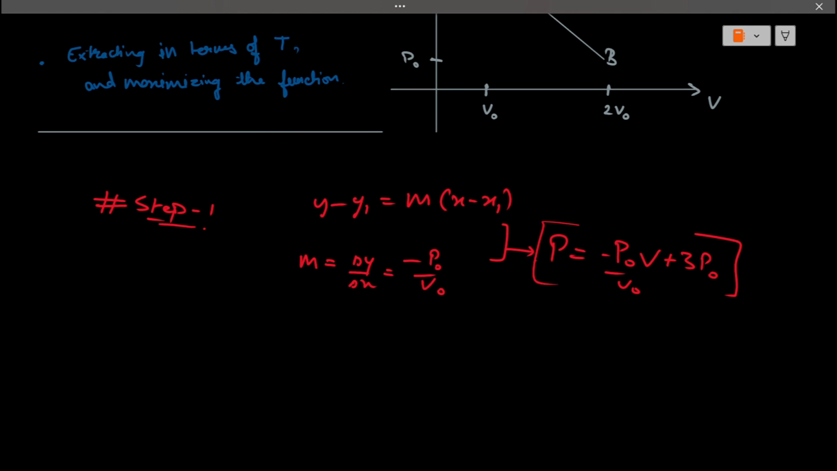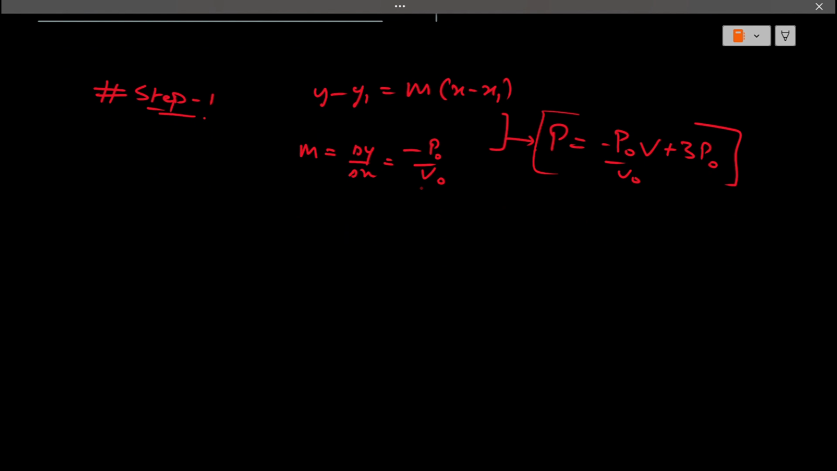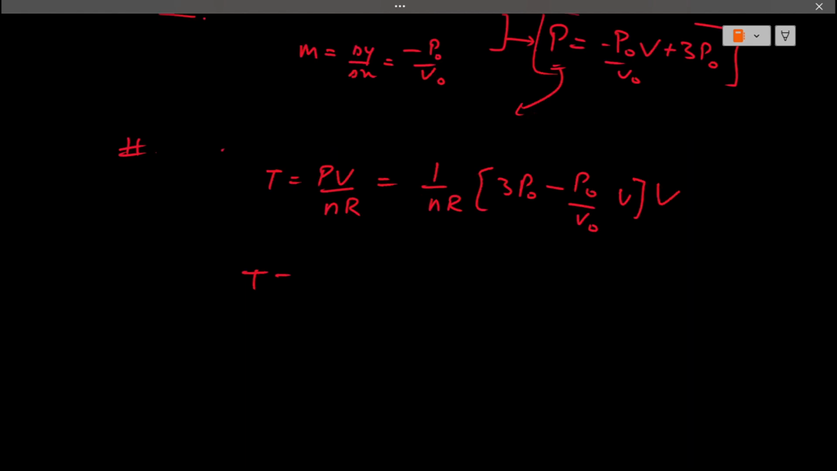Now for the second step, we'll be extracting this in terms of temperature. Temperature is PV by nR, where n is the number of moles of the gas. It is going to be 1 over nR times (3p naught minus p naught over v naught times v) times v. Since finally we have a function of the temperature and volume,